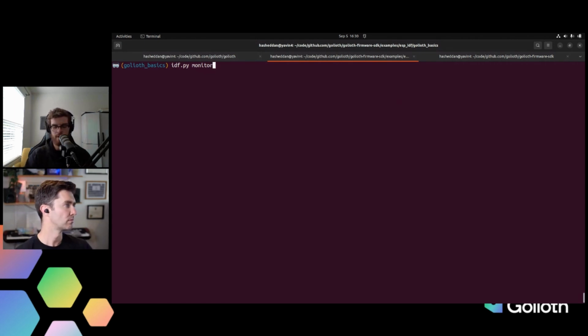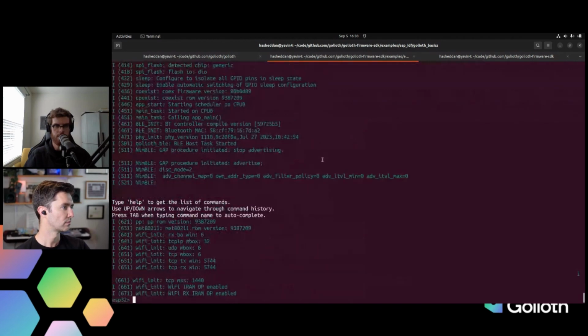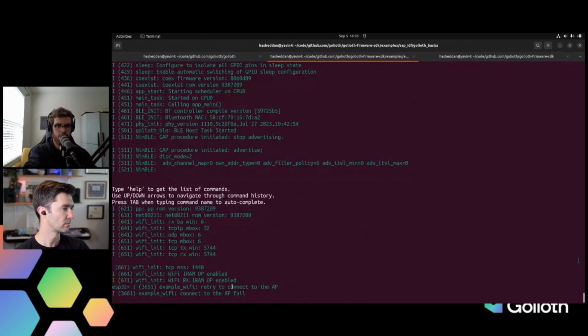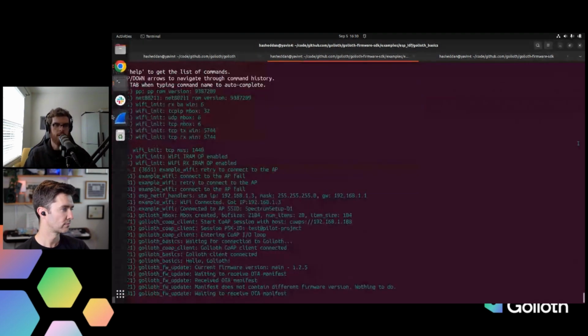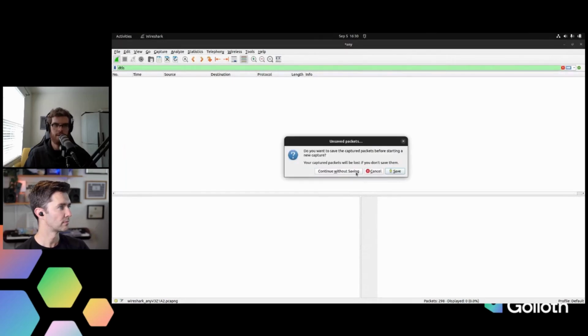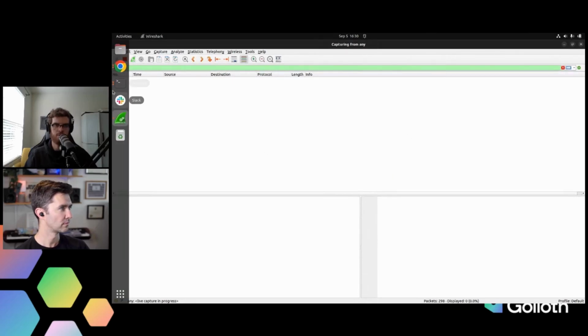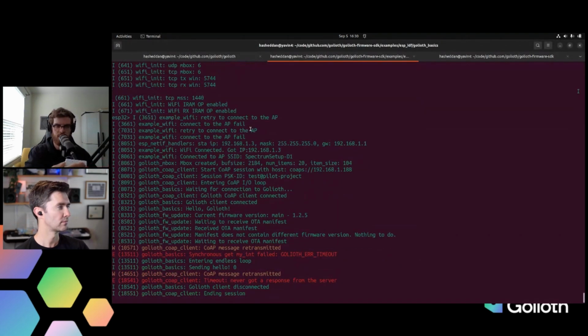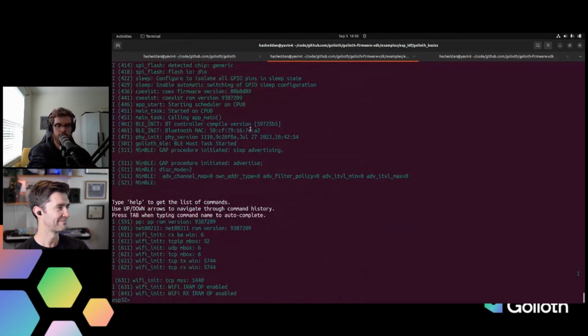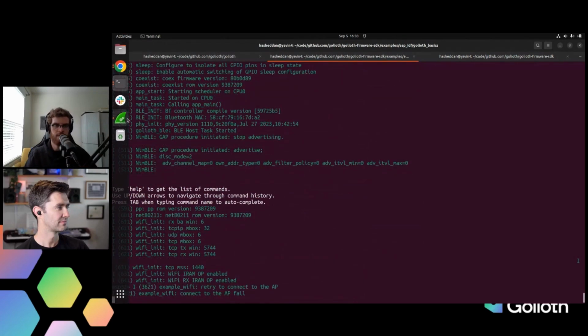So I'll go ahead and hit reset and hit monitor, and we should see it come up here and see that it's connecting to my local Wi-Fi network. So that looks good. Looks like it might have to retry here once. And I am going to pull up Wireshark, and let's actually restart it one more time. I might have missed the handshake, but we can see it come back. There we go, connecting to Wi-Fi,